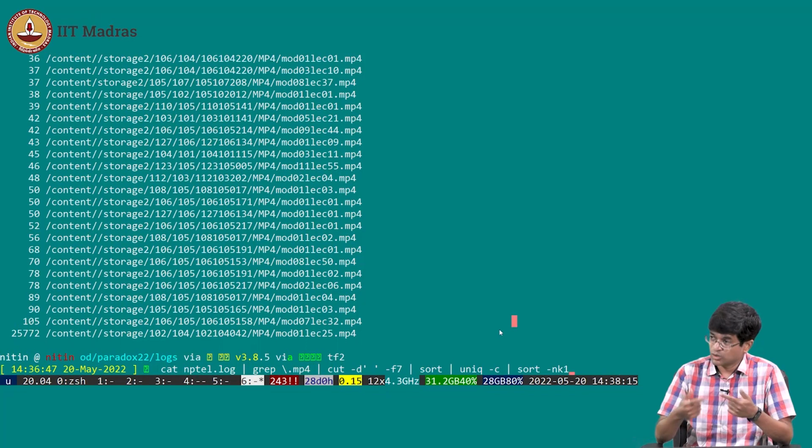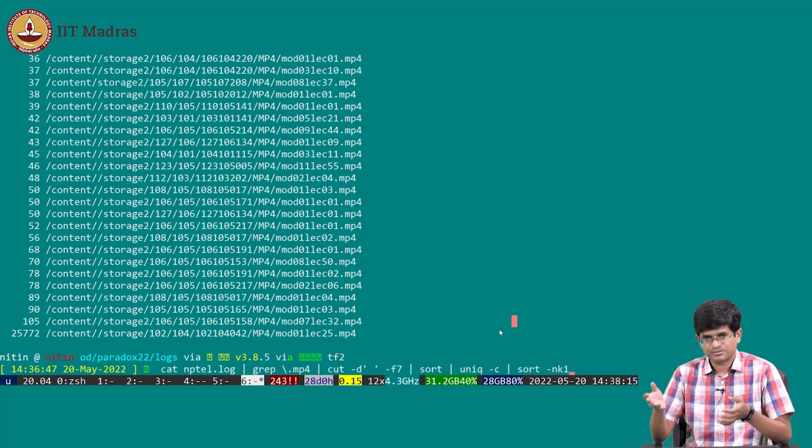If you really want to do this in real time on a large scale, even Python is not good because it's an interpreted language. It's not really the best way to do it. You can then go for some kind of a compiled log analysis program, either C or Go or something of that sort. Okay. But what I want to emphasize over here is this part of it, the fact that I can pipe things through.